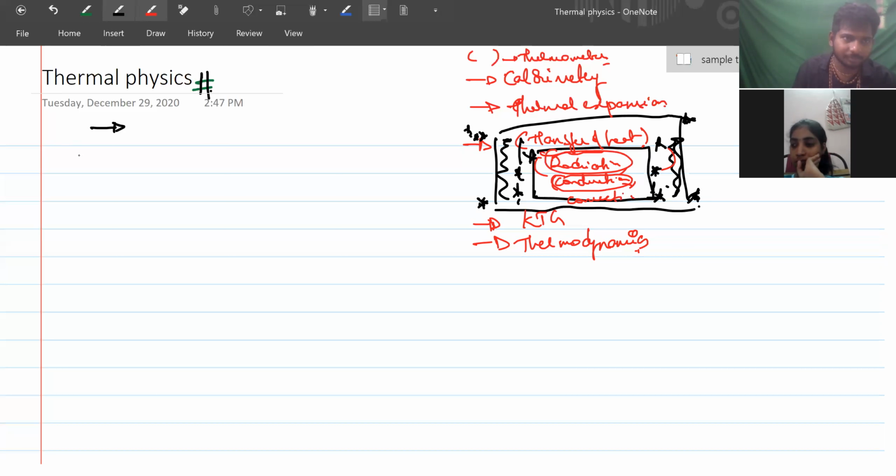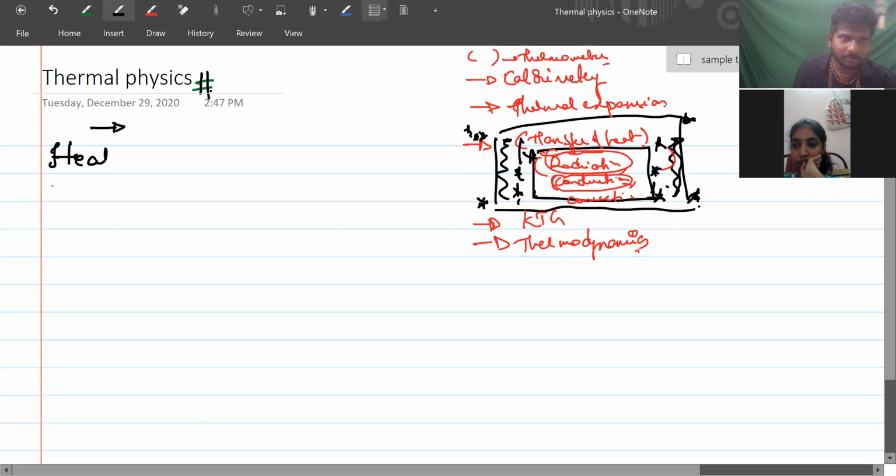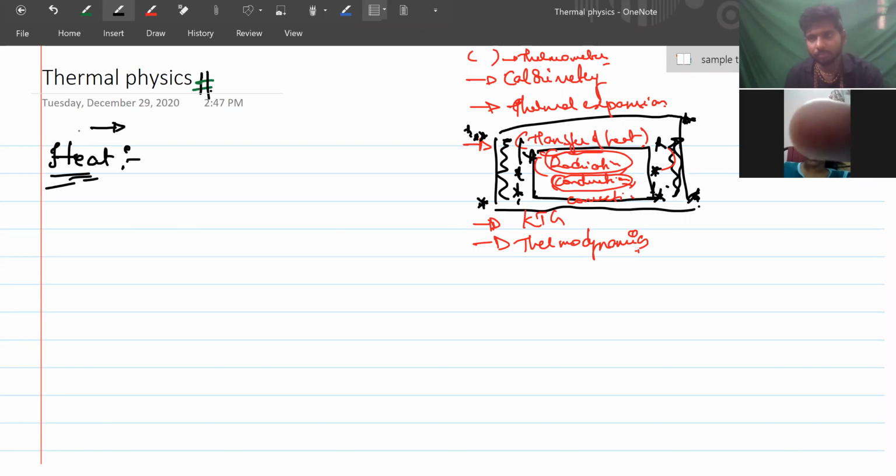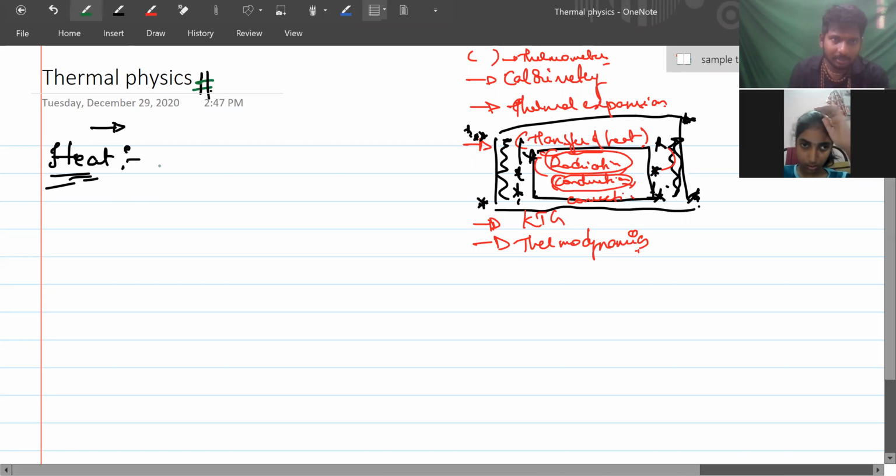Now, first understand what heat is. What idea do you have when the word heat comes to mind? Heat is something, a temperature. No, it is actually energy. It is a form of energy. Temperature is actually the measure of hotness or coldness. It's not heat. Temperature might give you information about the net direction of heat flow, not the direction of heat flow.